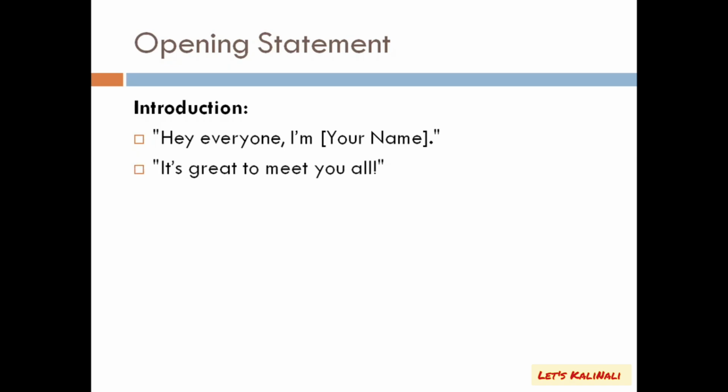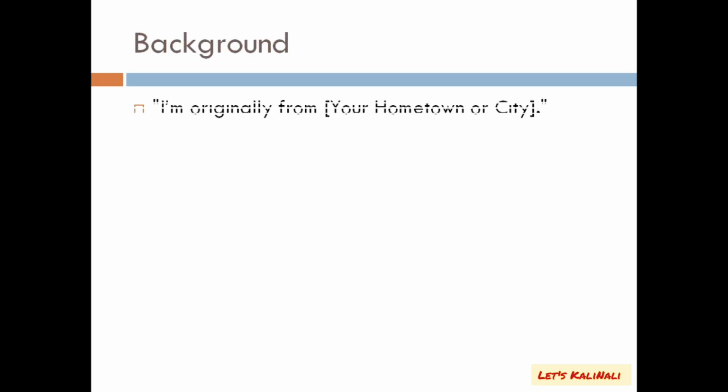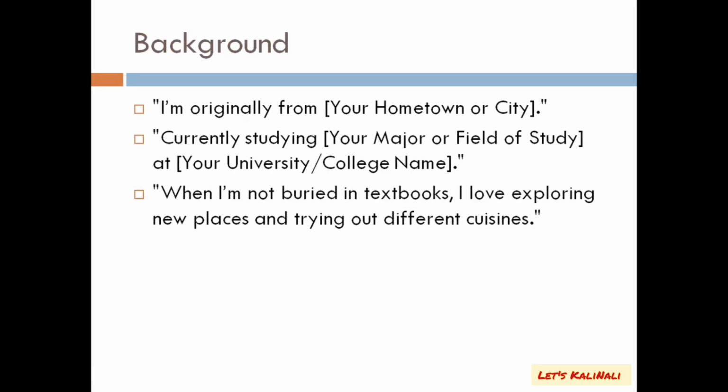And then here also the opening statements are quite different. You can also use good morning, good afternoon, but in a casual way you can say hey everyone, I am, or hi everyone, hello everyone. So like that you need to say. And then further you need to mention that it's great to meet you all. Okay, so this kind of sentence you need to use in a casual way. And then you need to mention the background, in which context or in which situation you are explaining yourself. Here is an example.